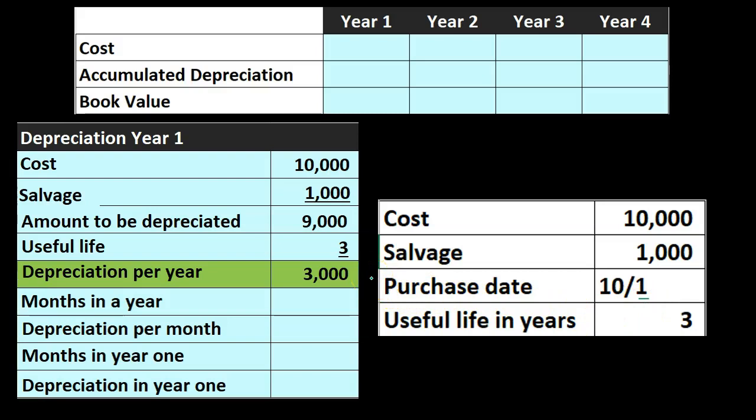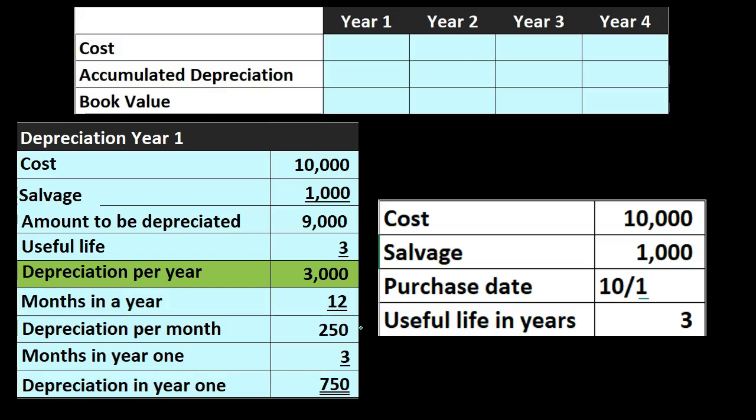We could say, okay, there's 3,000 per year. Why don't we see how much per month we need now? So we're going to break this down into a monthly amount by dividing by 12 months. And that will give us a monthly depreciation of 250. So we got a 250 monthly depreciation, and we bought it in October. October, November, December means we had it for 3 months. So we can then take the 3 months and multiply it times the 250 per month depreciation to give us